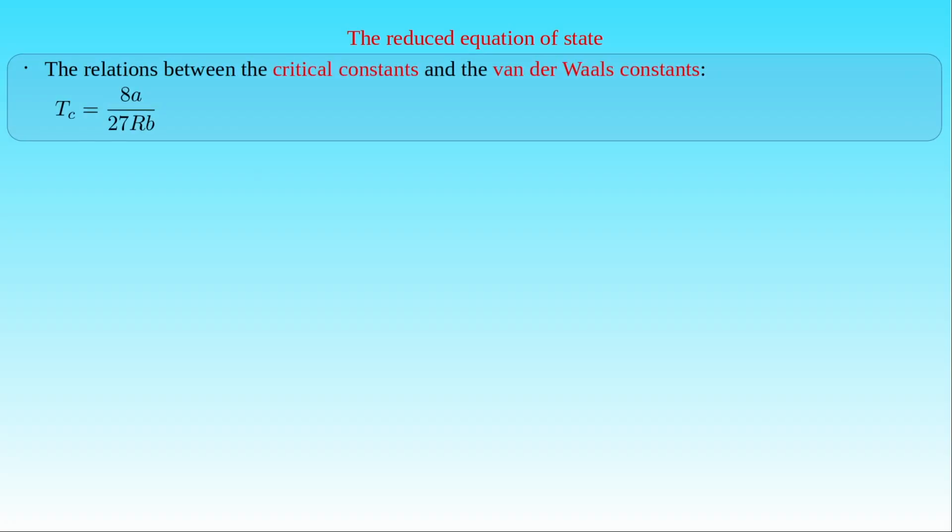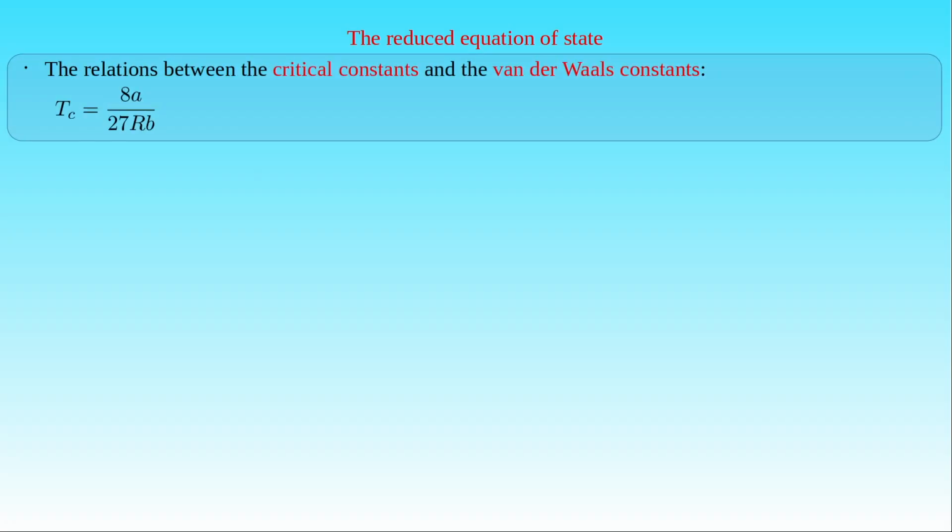When we introduced the model of the van der Waals gas to provide a better approximation of the behavior of real gases, we found that the equation of state of the model gas described by the van der Waals equation depends on parameters specific to real gases. However, we will show that the equation of state derived for van der Waals gases can still be cast in a universal form called the reduced equation of state, which is the same for any substance in the van der Waals approximation. We already derived the relations between the critical constants and the van der Waals constants,